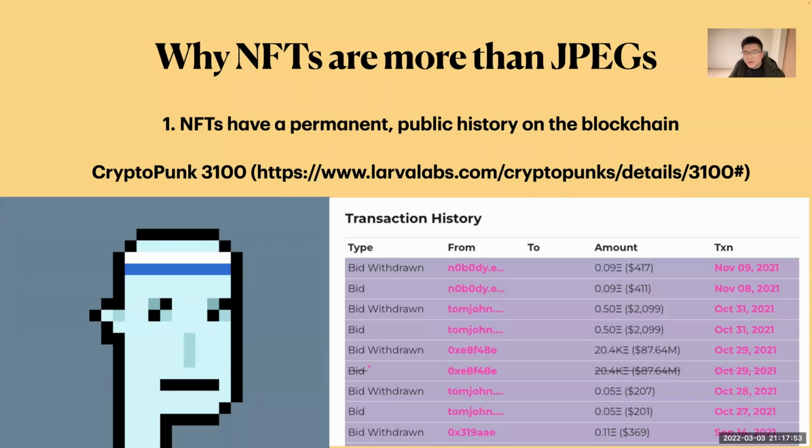So we should talk about why NFT is more than a JPEG. Right now, in March 2022, we are still in a period where crypto has crashed. It makes game NFTs crash as well. But if you look at digital art NFTs, actually right now is a good time for investment. The price is going higher and higher, not crashing.